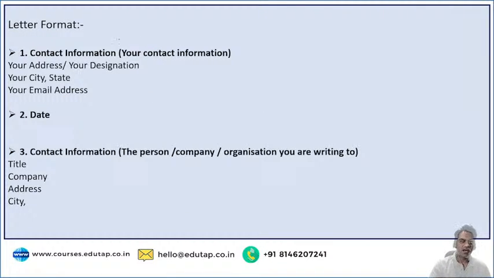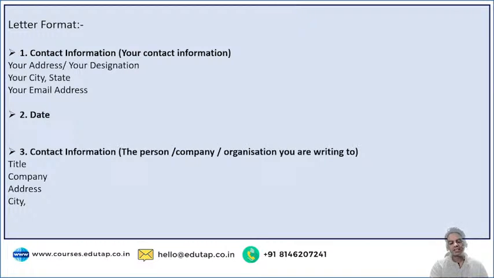Number 1, you start with your contact information. First of all, whoever you are, you start with your home address. Now, if you are writing on behalf of a designation, there can be one scenario where they may ask you to write. For example, listen to the scenario. Write a letter to some non-performing assets as a bank manager. Write a letter to the non-performing assets of your area, asking them for the reason for the delay in repayments. So that can also be a scenario.